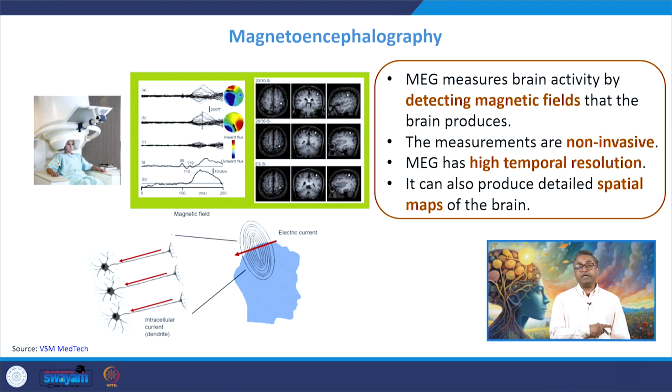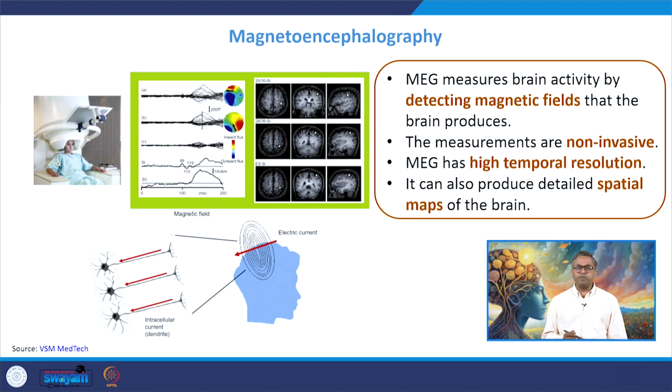Magnetoencephalography, unlike EEG, has a better spatial resolution and temporal resolution. However, it is not very easy to conduct the experiment because the participant has to be seated on the chair for a long period of time. Now imagine a scenario where a young kid of 10 years old has to sit on that chair for an hour to do the recording. That is sometimes very challenging.